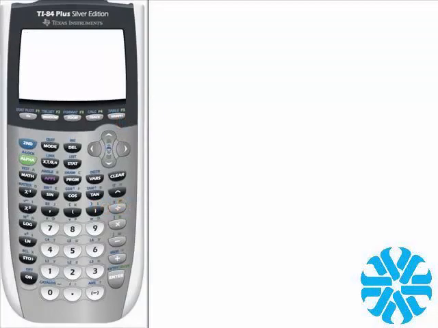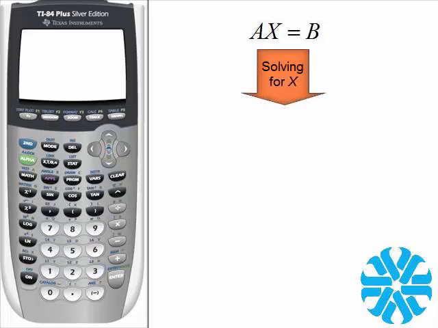This video will show you how to use the calculator to solve a system of equations with three variables. Specifically, you will solve the system of equations using the matrix equation A times x equals b, and solve for the variable matrix x. Solving for the variable matrix x gives you the matrix equation x is equal to A